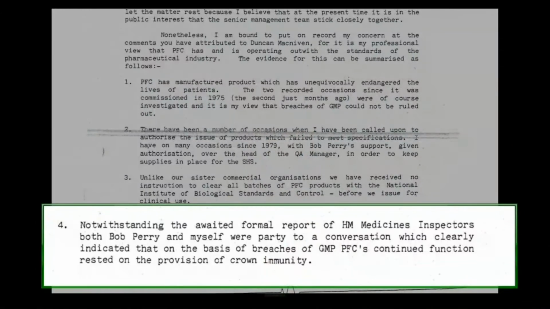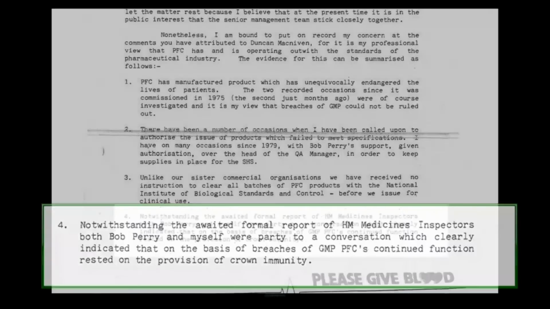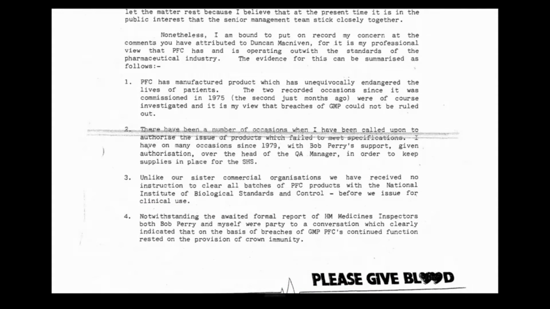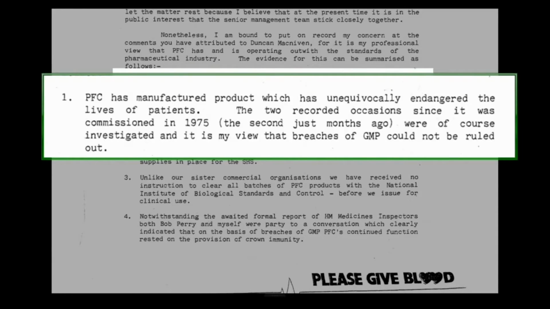what is said at the bottom of paragraph 4, on the basis of breaches of good manufacturing practice, PFC's continued function rested in the provision of Crown immunity. That's looking, I think, to the future. It's paragraph 1 looks to the past. Yes. And there he says in an interesting expression in relation to the 2 recorded occasions when it would seem that